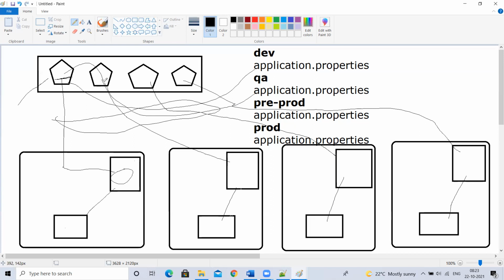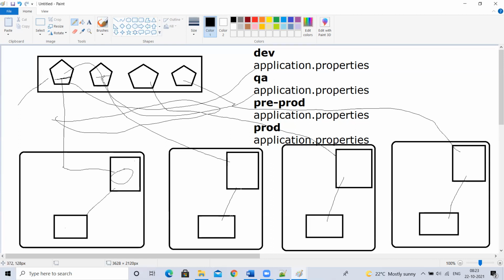I'll give this application.properties here. So whether it is this application.properties or this or this, the file name is the same and the keys are the same. So that is what I hard coded. I want to read the database name from application.properties, and the key name is this one. I want to read the database password from application.properties, and the key name is this. Like that I did it here.